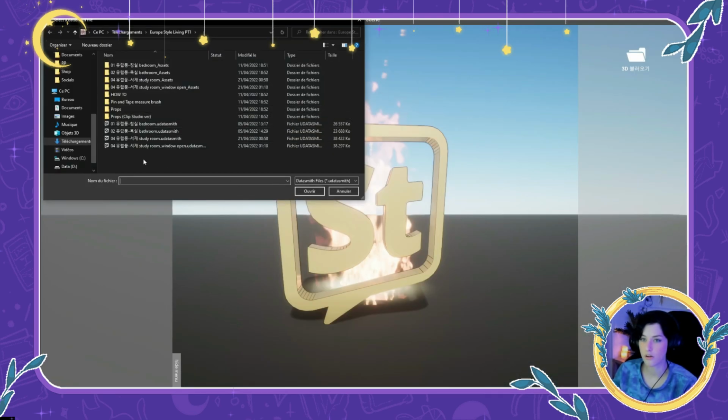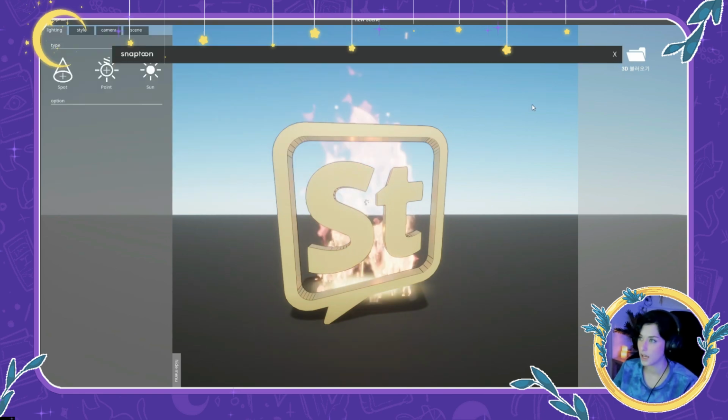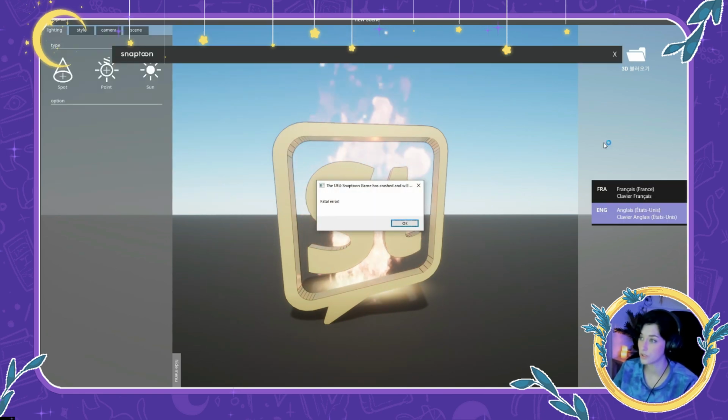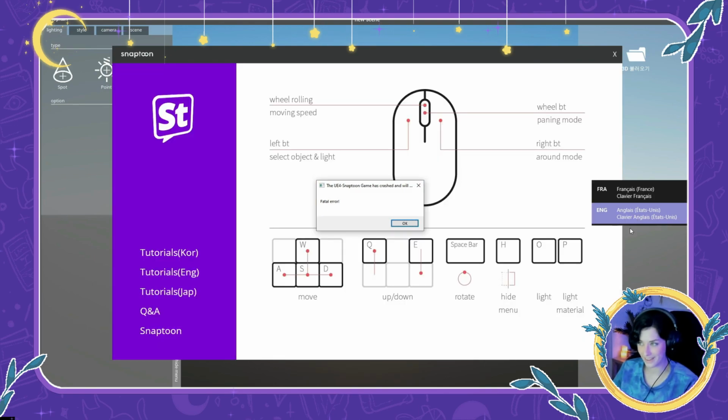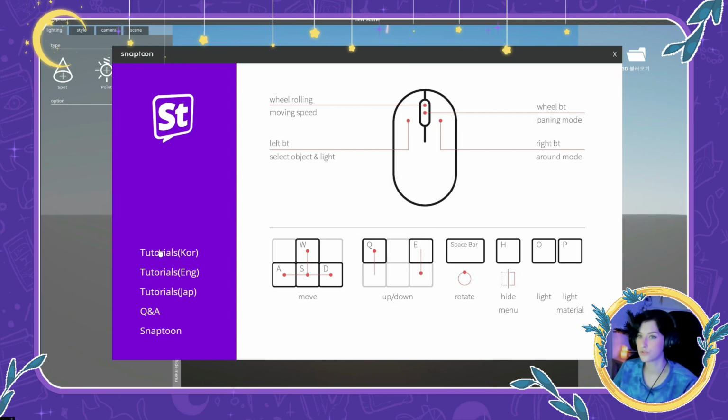Here we are in Snaptoon. As I said before, you want to switch your keyboard to QWERTY, so an English keyboard. There are some tutorials from Snaptoon. I'm just going to show you in this video like this. You will have a whole video for that, but you can totally click on this and it will show you tutorials, so just go on it if you prefer that. If you don't like me and are just using me for installing this, and after that you will forget me, it's okay, I understand.